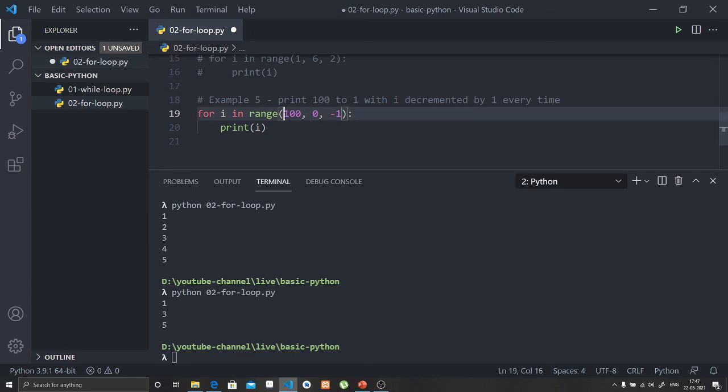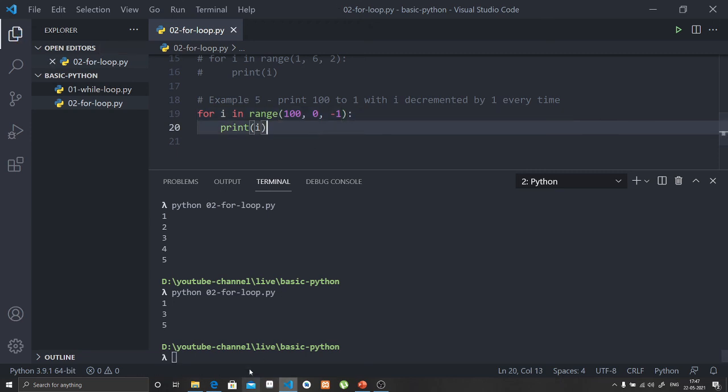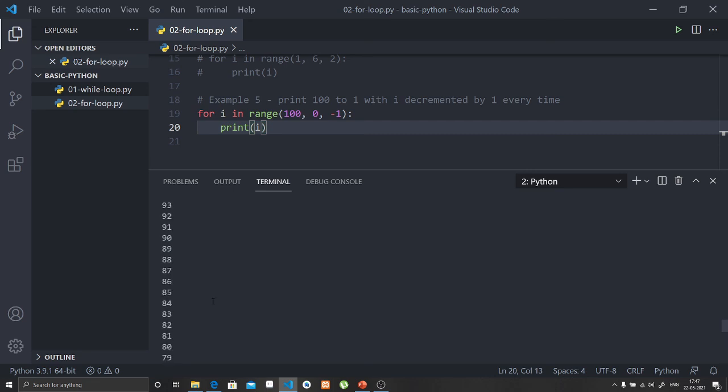So it will print 100 to 1. The first value will be 100, the second value is 100 minus the step value, that is 99, then 98, and so on. Let's run this program and see the live example. See, it starts at 100 and stops at 1. So it prints from 100 to 1.